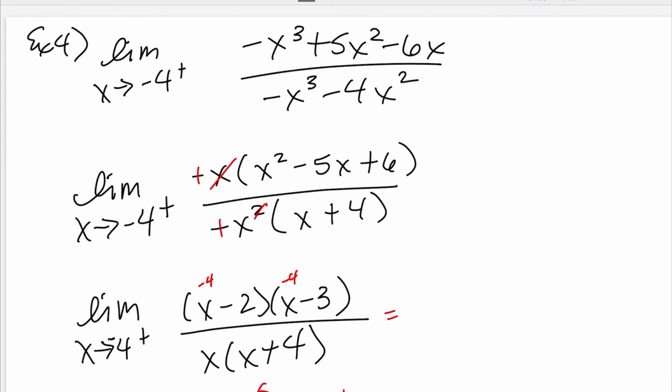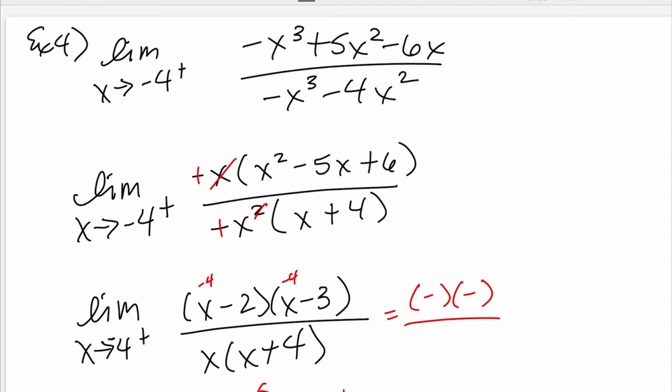If my number is on top, because I can't cancel anything, right? So it's going to give me a number on top, and I've got a 0 in the bottom, I know my answer is going to be positive or negative infinity, and I just got to figure it out. So if I look at this, negative 4 minus 2 is going to be a negative number, right? Even the negative 3.9, that's still going to be a negative number. Negative minus 3, a negative number, subtracting off more, again a negative number,